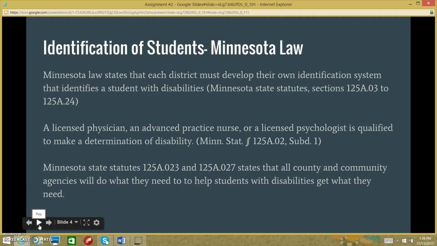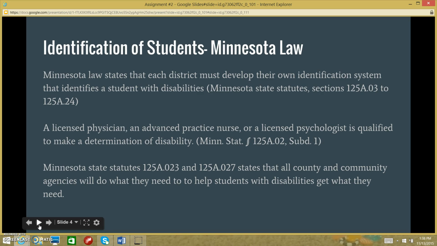Identification of students according to the Minnesota law. Minnesota law states that each district must develop their own identification system that identifies a student with disabilities from birth. Students that attend public and non-public schools that have a disability, or those who are student-age children who do not